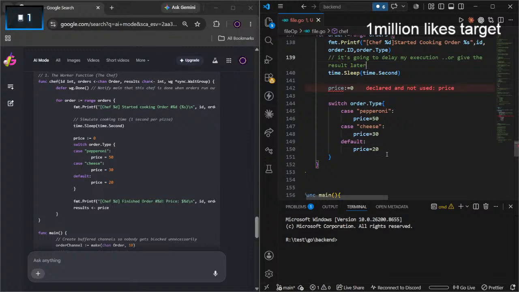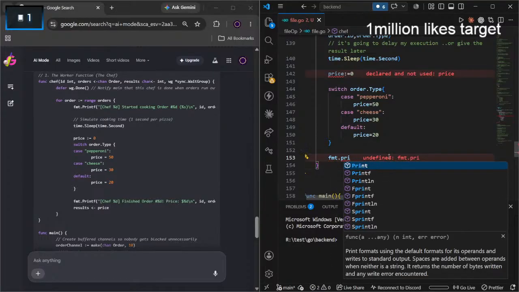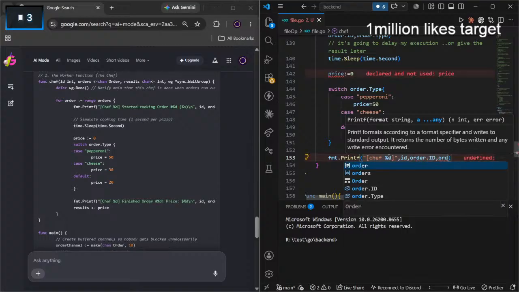Now until default we have this thing, and after default I have to print my current thing, which is like printf, and chef is going to print again my d thing here, like my order ID.